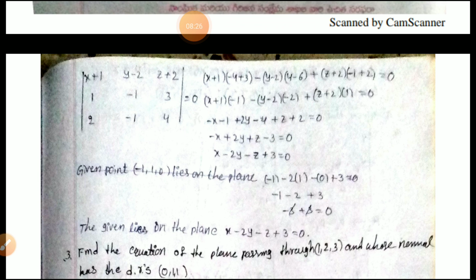Next, third problem. Find the equation of the plane passing through (1, 2, 3) and whose normal has the direction ratios 0, 1, 1. We already know that the equation of the plane passing through (x1, y1, z1) and whose normal has direction ratios a, b, c is given by a(x - x1) + b(y - y1) + c(z - z1) = 0. So here a = 0, b = 1 and c = 1, and further (x1, y1, z1) is (1, 2, 3). Therefore, the required equation will be 1 into